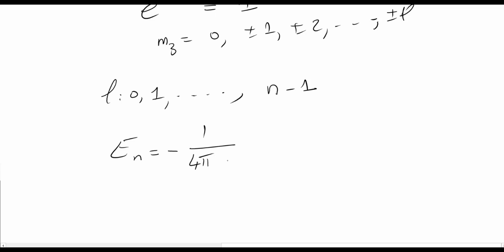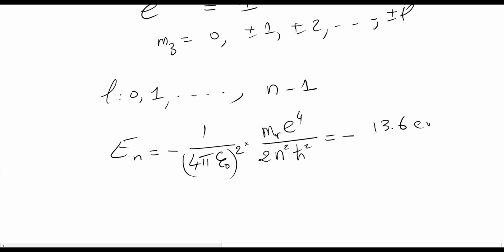So 4 pi epsilon naught. This epsilon naught has to do with the permittivity of the vacuum, because we're assuming this is a vacuum. Times Mr, the reduced mass in this case, and again, even in the Niels Bohr model, we had to actually use Mr instead of M for the electron, e to the power 4 divided by 2 times n squared h bar squared. This is exactly minus 13.6 electron volts,